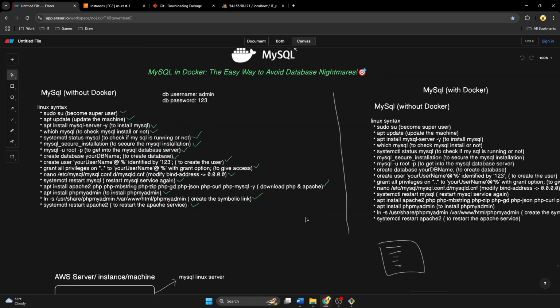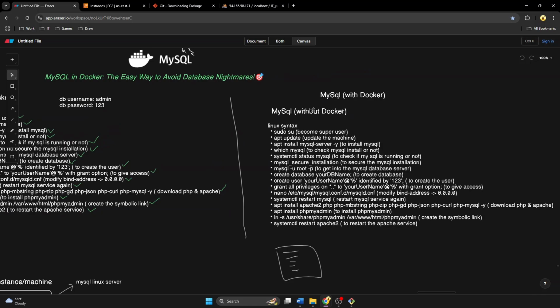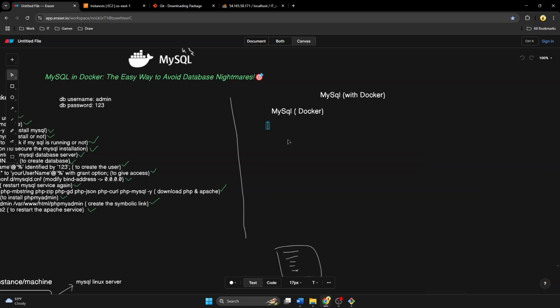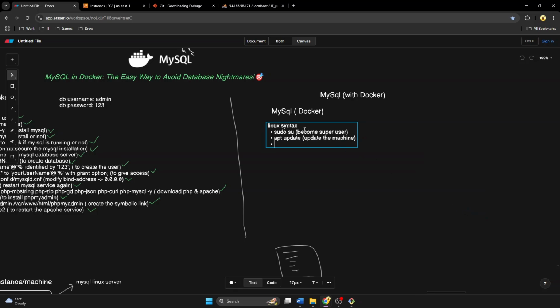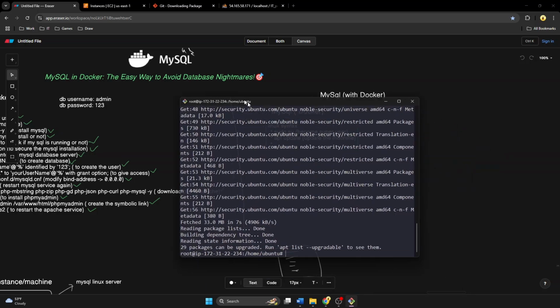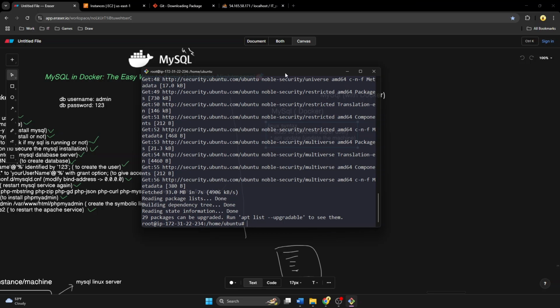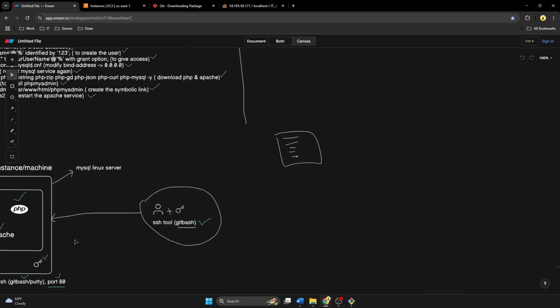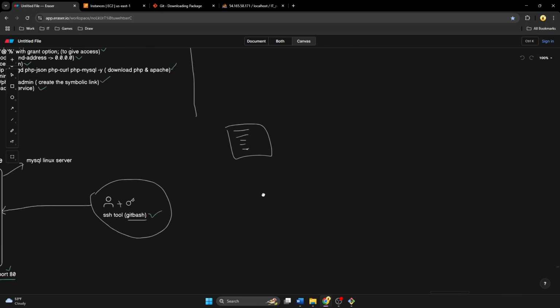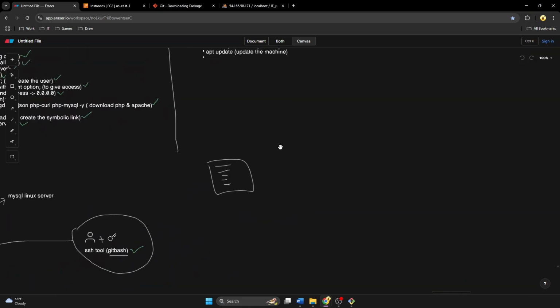Now with Docker, I'm gonna remove all this. We have done sudo su and apt update, these two things are done. Now our machine is ready. Now we need to install Docker first. So to install Docker, we're gonna do the same thing as before, but this time,